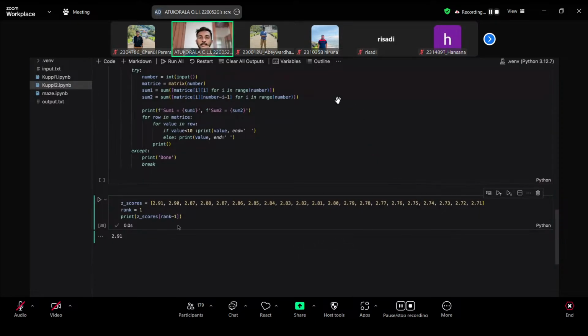But now let's think, for instance, something is not ordered. Finding the Z score by island rank is easy because it's a sorted list. It's ordered, so you know the index. But let's think you want the Z score by their name. Then this list is going to be a bit of an issue.